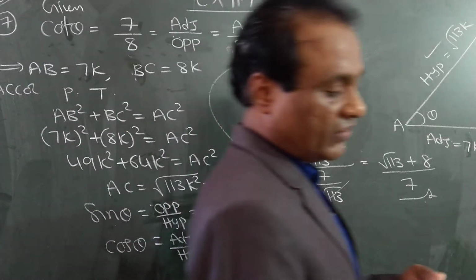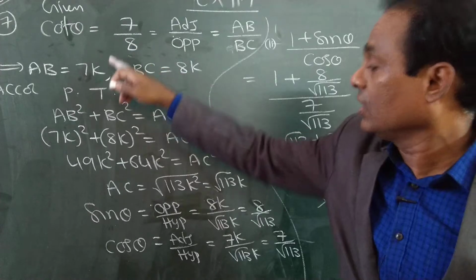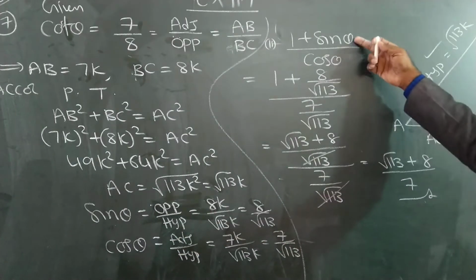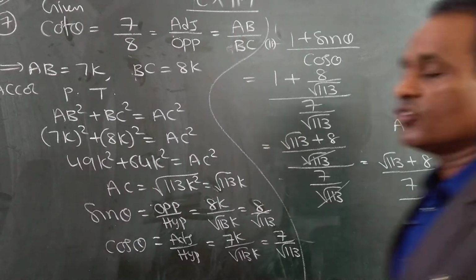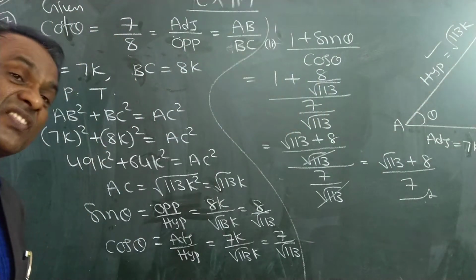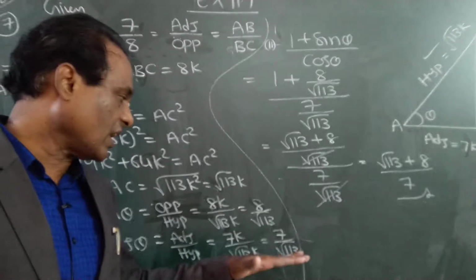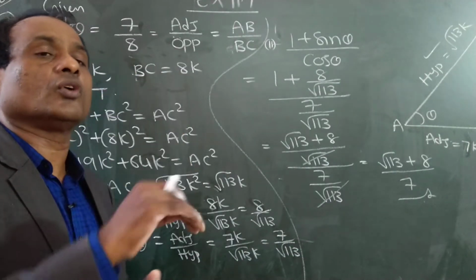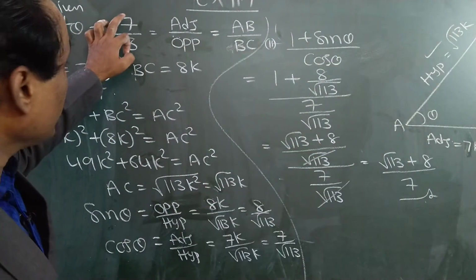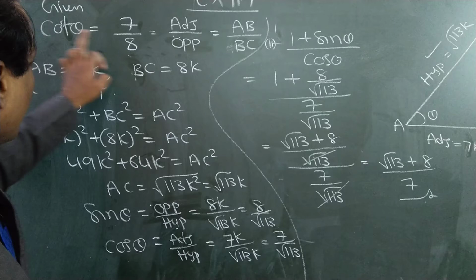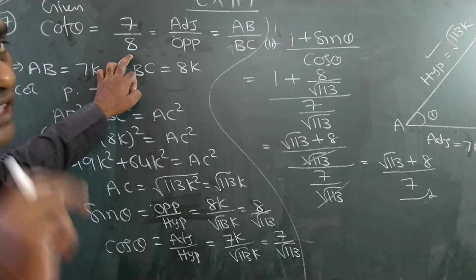So we simplified, we got sin theta and cos theta from the given data. These values are substituted here and here. Students, those who have missed yesterday's class, once again I will explain up to here, because we completed this yesterday itself. Cot theta value is given in the problem. Cot theta is equal to 7 by 8, given in the question.